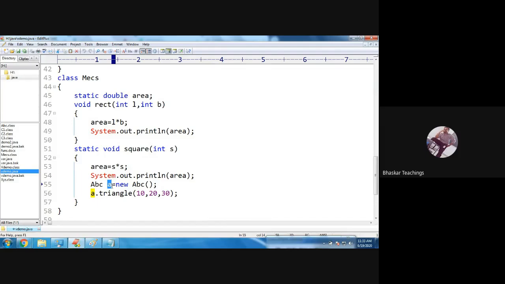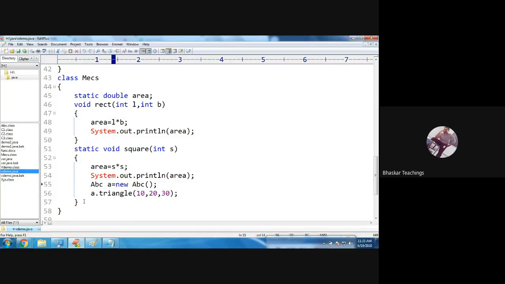Yes, that is possible. When this method is running, the method execution begins here and ends here. The local variable s will be created and the local variable a will be created. S is integer type, a is ABC type, and this object a is